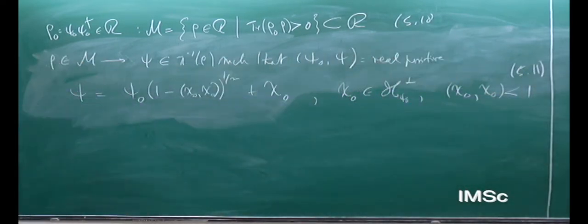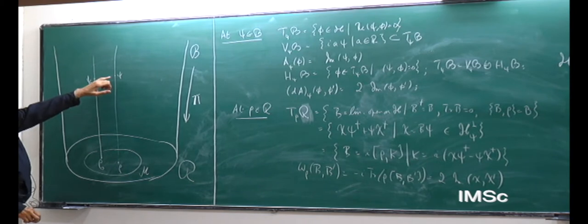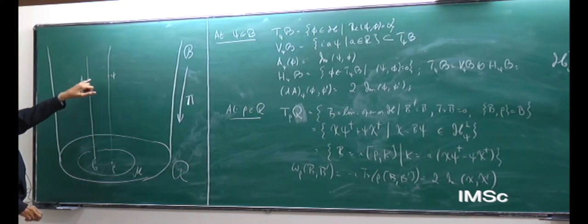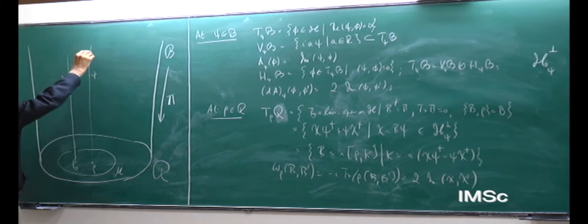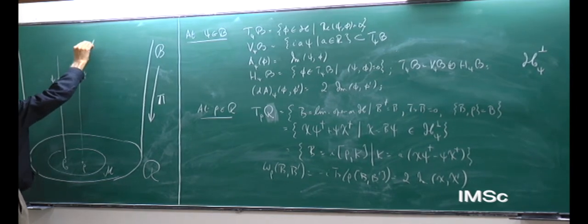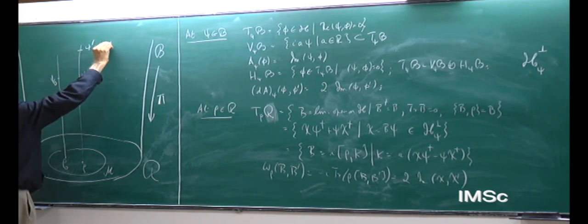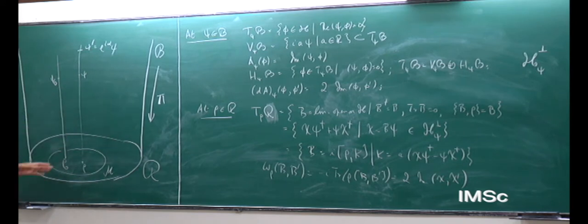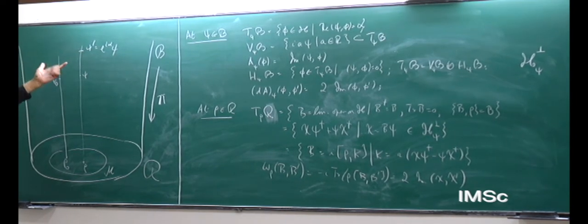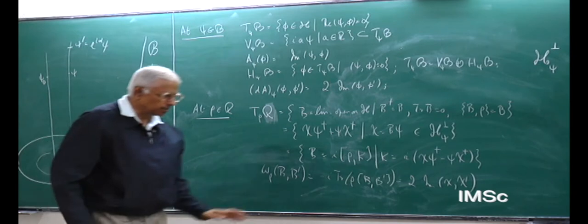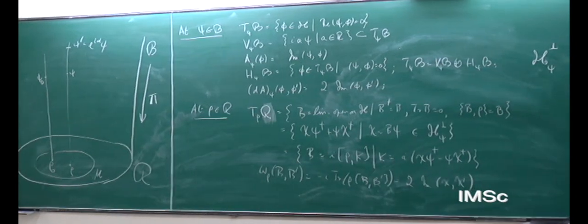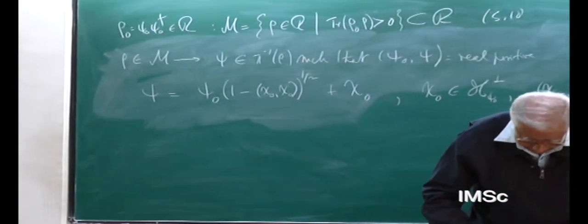So each ray in the neighborhood, you pick a representative vector for it in phase with psi 0 in this way. Now what is the most general vector on the fiber on top of rho? It will be this representative point multiplied by some phase. All right. So one can see now, I hope you appreciate that.